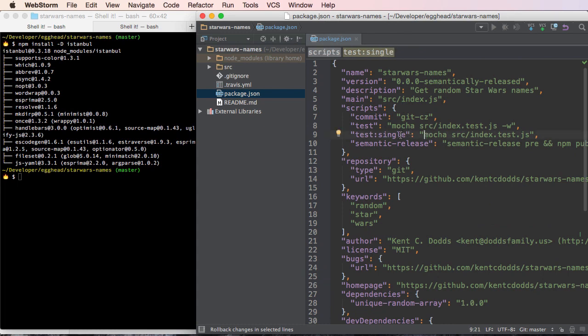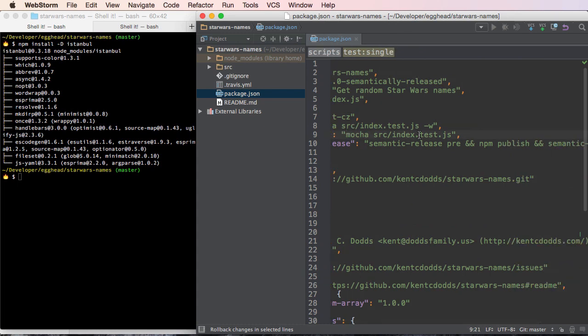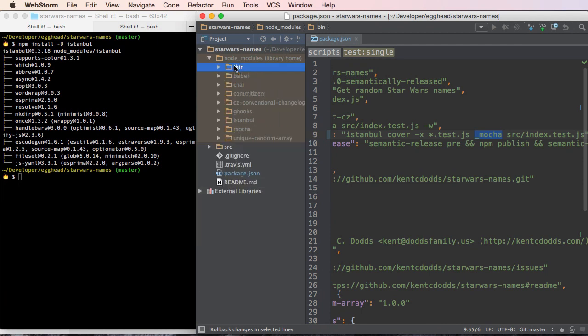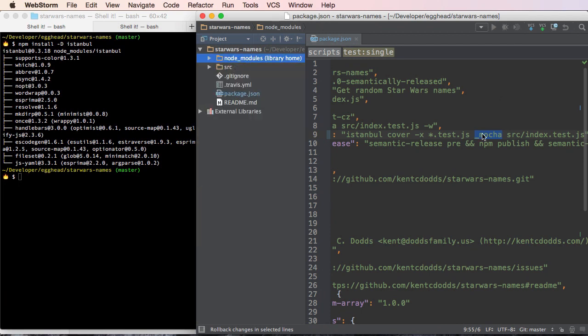We'll do our test single one here first. So what we're going to change is first we need to run the Istanbul command instead of the mocha command. So we'll say istanbul cover, and then we want to exclude our index.test.js because that's a test file. We don't want to report coverage stats on that. So we'll exclude anything that ends in .test.js, and then we're going to actually run the _mocha command, and this is in our bin as _mocha,